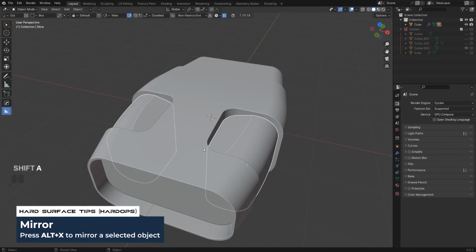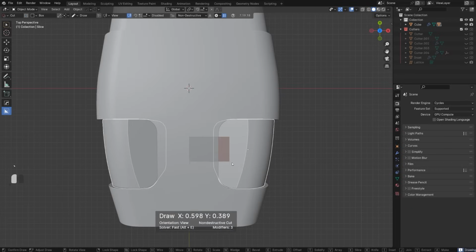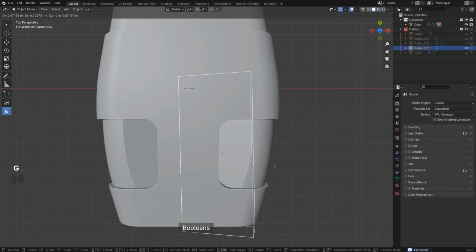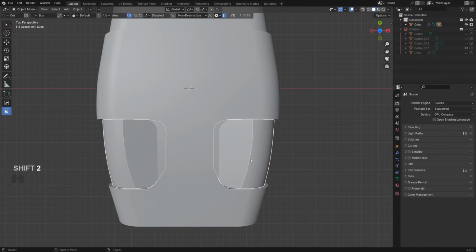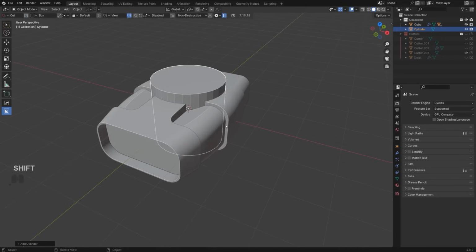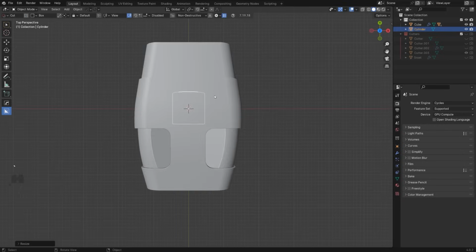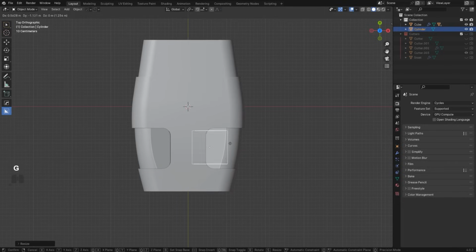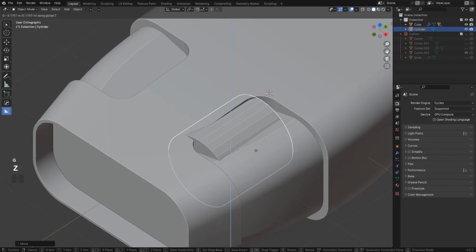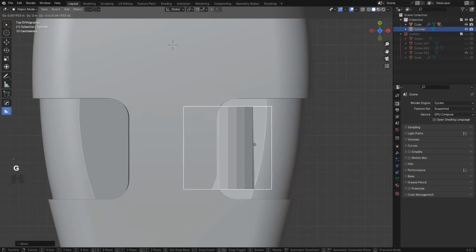Now we're going to cut this here in the middle. So grab this one and we're gonna cut it from the top here. In fact, you know what? Let's just move this a little bit here. Cool, Shift 2. Now let's add the cylinder here. And I think this will do that many segments, so 32. Could be a little bit more round, but you know what, doesn't really matter. So let's just add it somewhere here and move it up. And now in order to be able to see that kind of like a dial, we're gonna have to adjust the rest of this